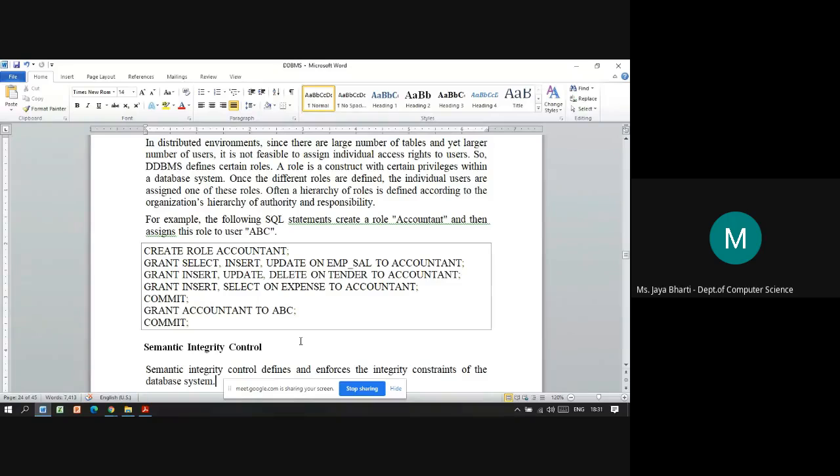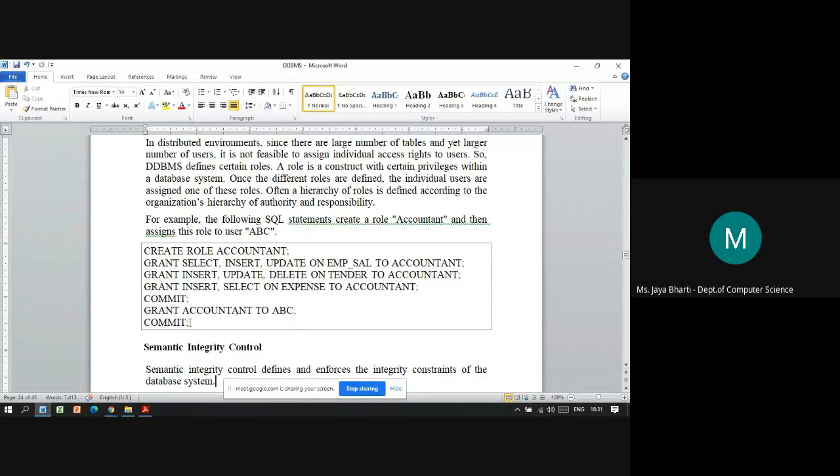Now to that particular user, we are assigning the role accountant using grant. And then again, to save the changes, commit is written. So in SQL, to commit or save the changes, there is the command commit.